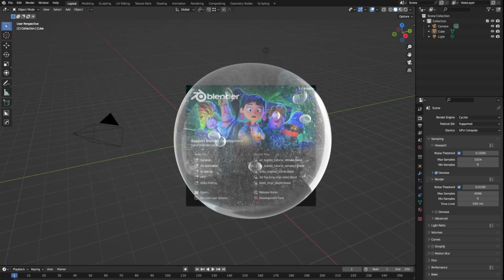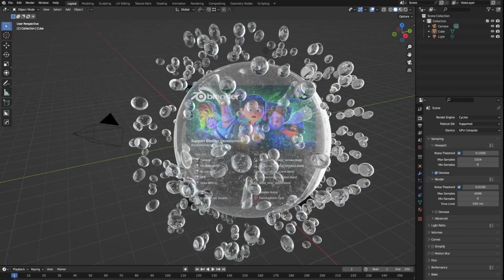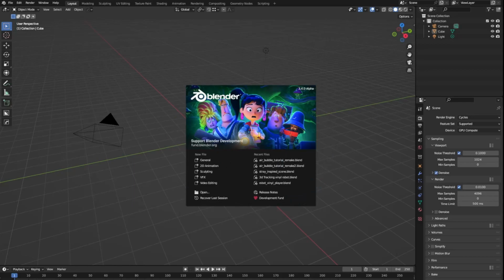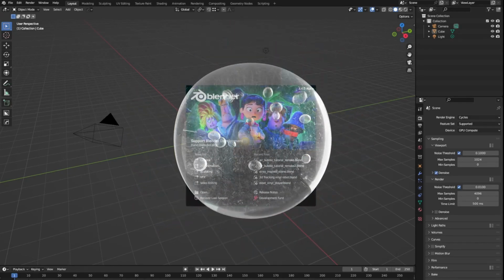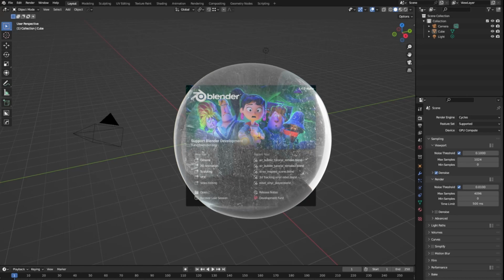Hey everyone, today we're going to learn how to make a completely procedural geometry node setup that is going to give us air bubbles or normal bubbles for our scene. It's going to be pretty easy to set up. I'm going to explain everything in full detail for our beginners, and this video is going to be broken up